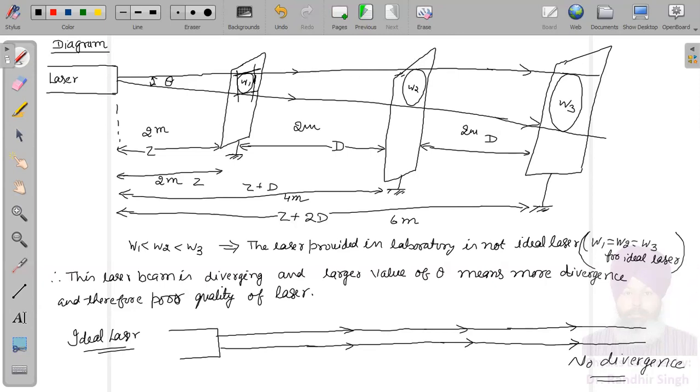Similarly, I will mark tangent here. And I will mark tangent here. The distance between these two tangents will be the vertical diameter of the spot at second position. So then I will mark tangent here, then I will mark tangent here, and I will find another diameter, that will be horizontal diameter. Similarly, at each position, therefore, I am finding two diameters, and mean diameter will be obtained by adding both of these and then dividing by 2.